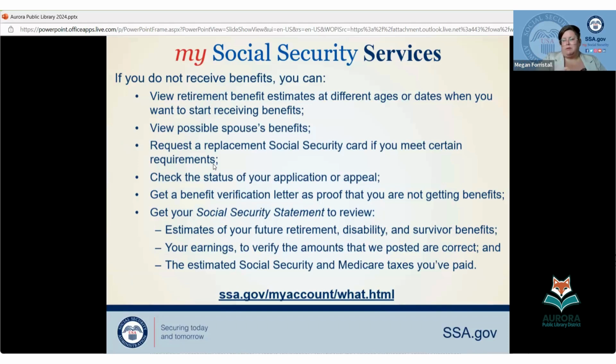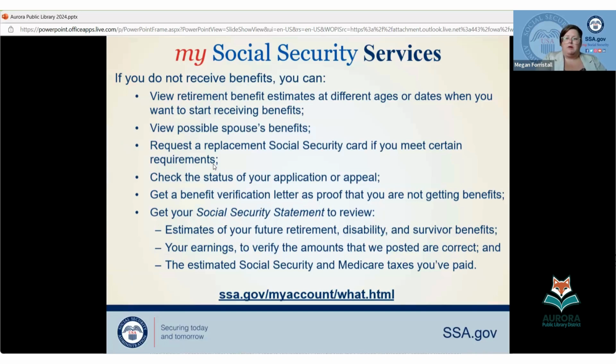Or if you're self-employed, we need those tax forms. So the more recent that's been, the easier it's going to be to correct them. Also, maybe you have an 18 or 19-year-old that's like, hey, where is my Social Security card? I need a Social Security card. Well, you can say, as long as you have a valid driver's license or a state ID, please go online and get a new one because I'm not responsible anymore and you're an adult.